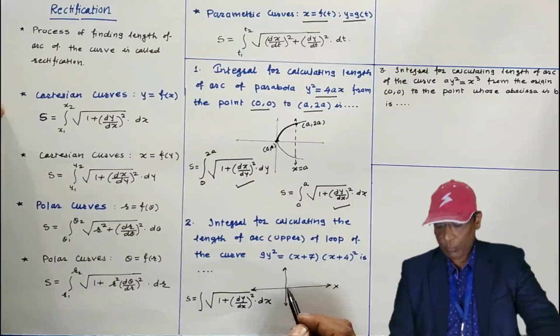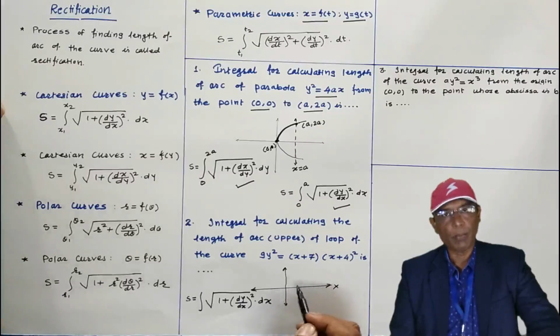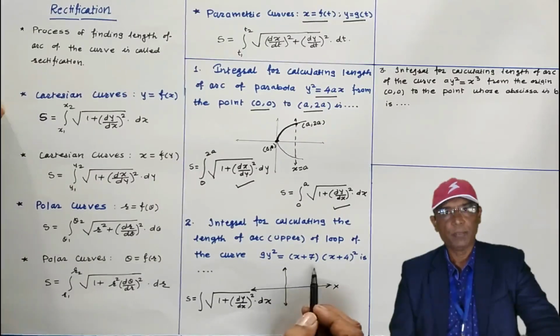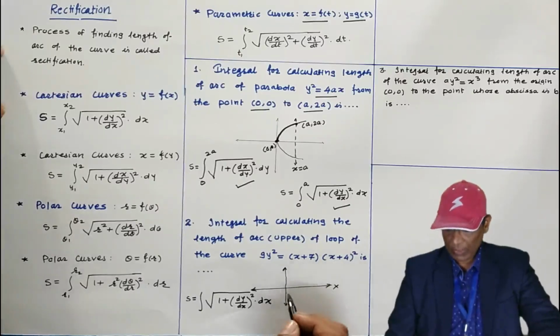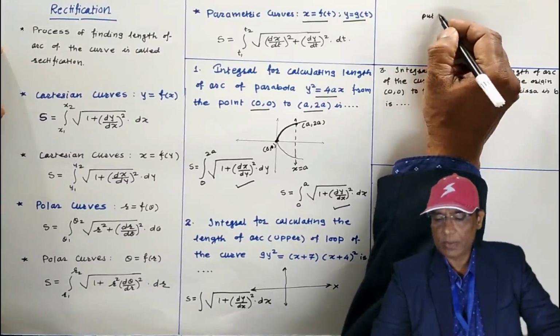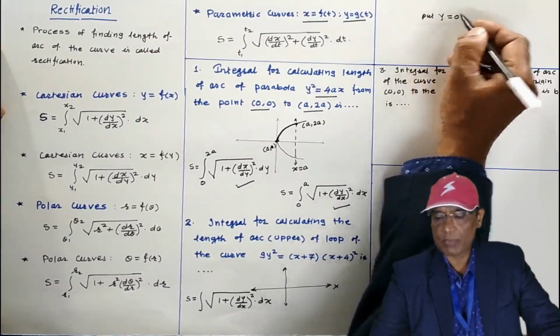It means the portion of the curve present above the x-axis, the same portion of the curve will be repeated below the x-axis. X-intercept of the curve means the curve cuts the x-axis, and those points are x-intercepts. How to find out the x-intercept? You can find the x-intercept by putting y equal to 0, because the equation of the x-axis is y equal to 0.